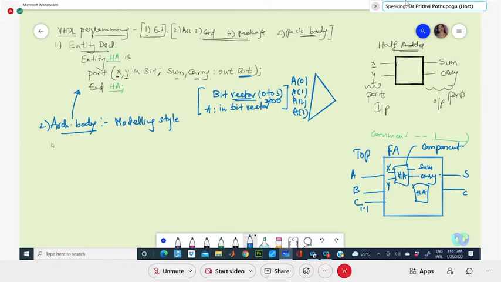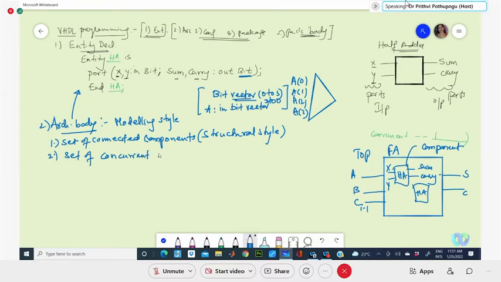Maybe it can be taken as a set of connected components. That means this is the structural style of modeling. Or it can be taken as a set of concurrent assignment statements.